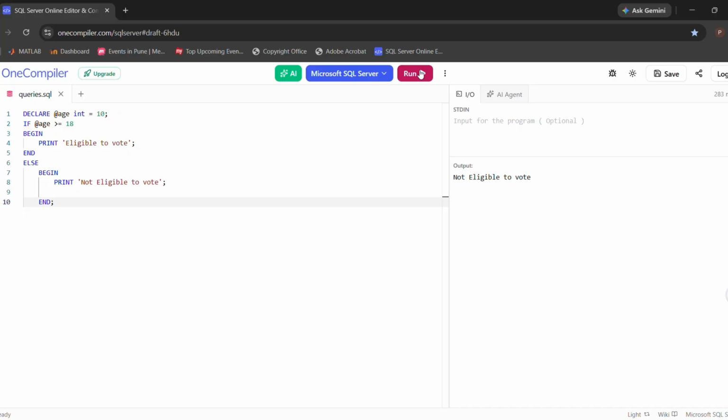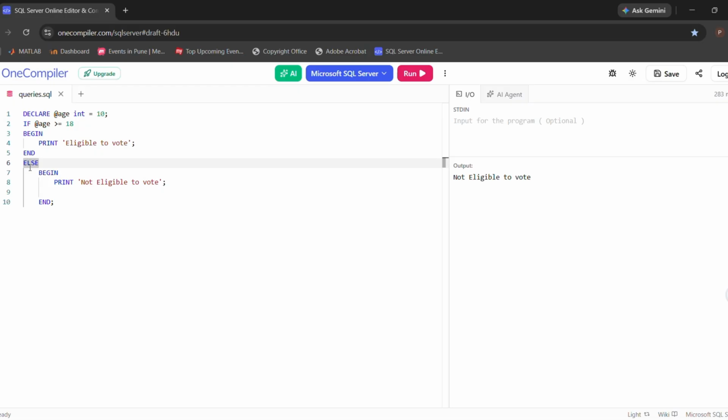Then the second one is if then else. Now let's understand another important statement. Sometimes we don't want Oracle to simply ignore the false condition. Instead, we want it to execute another block. For this purpose, we use if else if. We have already seen the if and else here.